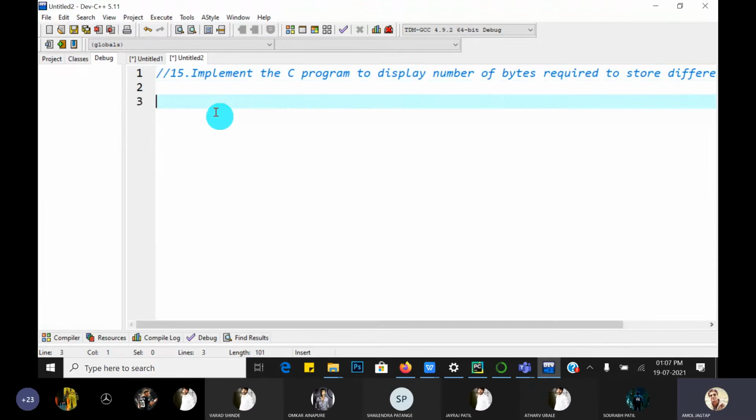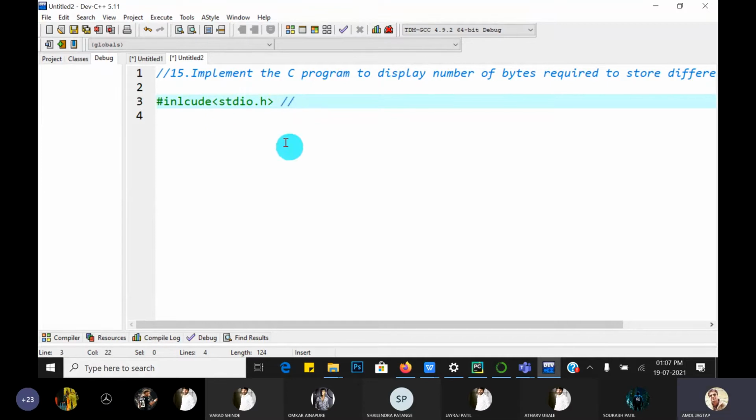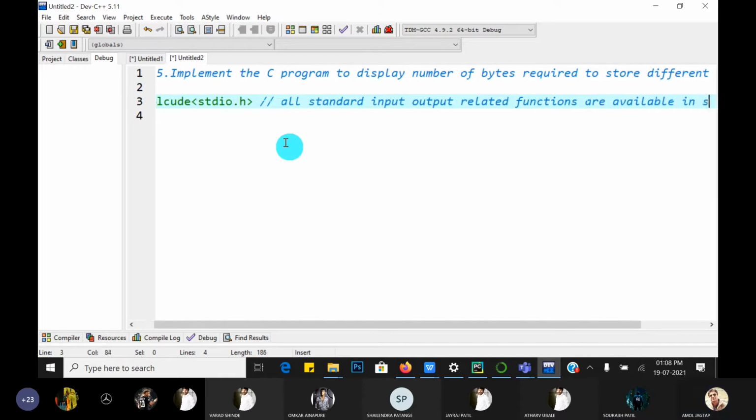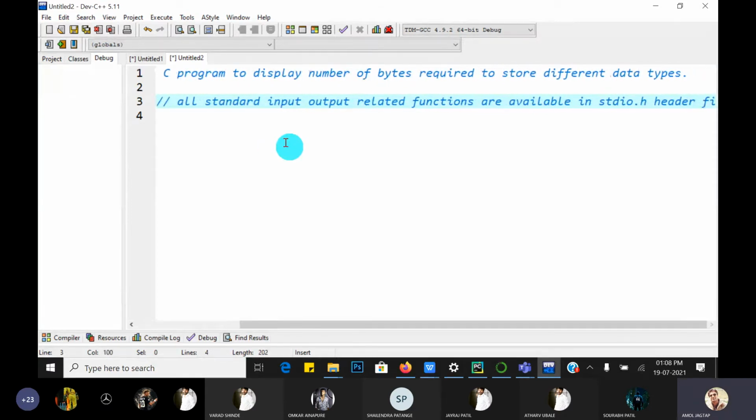Now, first, what do we have to include? #include stdio.h header file, because all the standard input output related functions are available in the stdio.h header file.